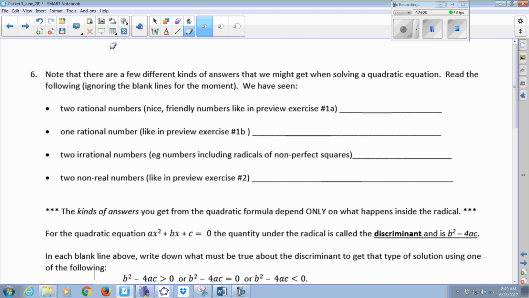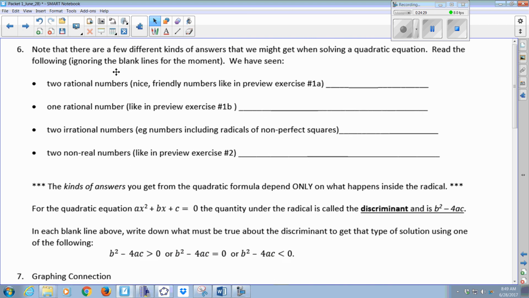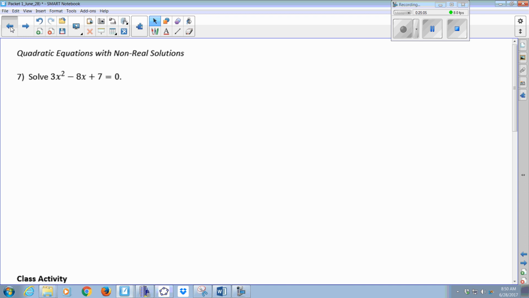All right, now finally, we start to come back to where we started this whole lesson, trying to make the relationship between looking at the graph of a parabola and, from the graph, determining whether we have two solutions, one solution, or no real solutions to our quadratic equation once we set it equal to 0. When I say solutions, I mean real solutions. So if we go back to the very first part of this lesson,